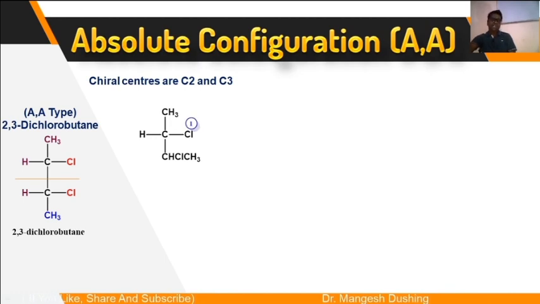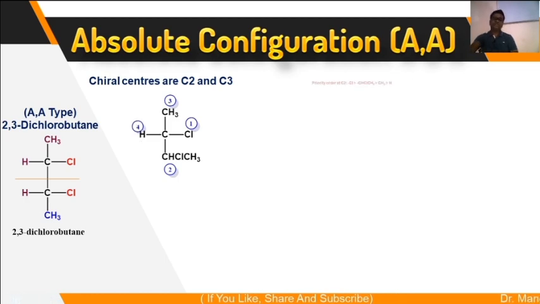Now for the second priority, here is the competition. This carbon is attached to a carbon, and that carbon is attached to a carbon. So both are the same. Go for the next 3 atoms. This carbon is attached to 3 hydrogens, so that will be H, H, H. While in the case of the other, this carbon is attached to Cl, H as well as C. So compare the first atom. The first atom is H in one, and Cl in the other, according to decreasing atomic number. So the second priority is given to this group and the third priority to the CH3. As usual, hydrogen will get the fourth priority.